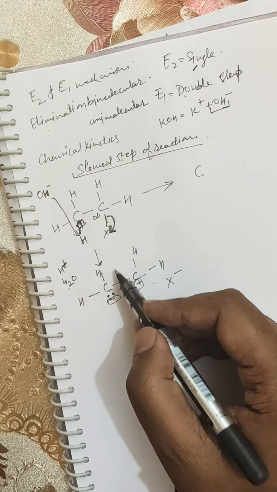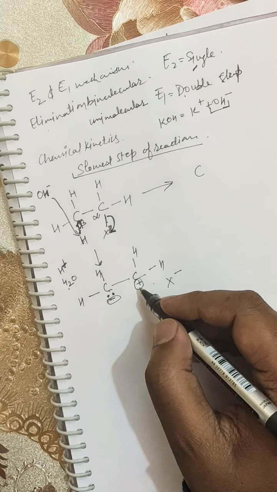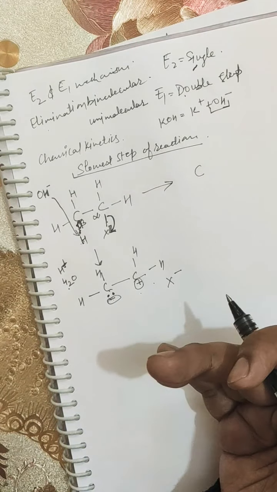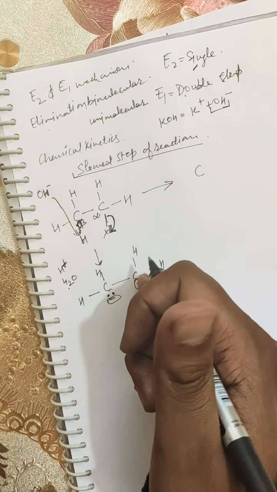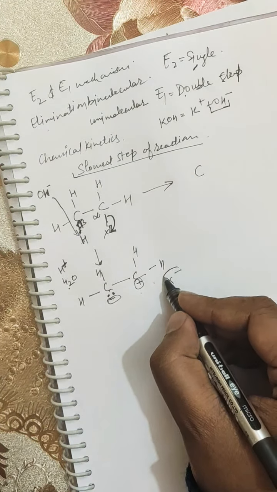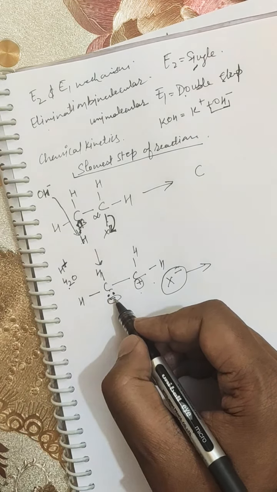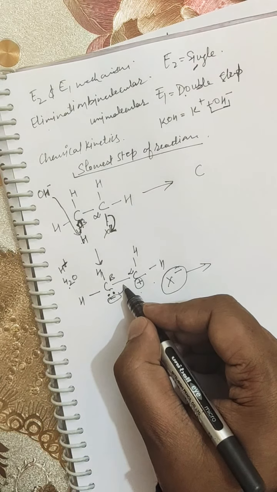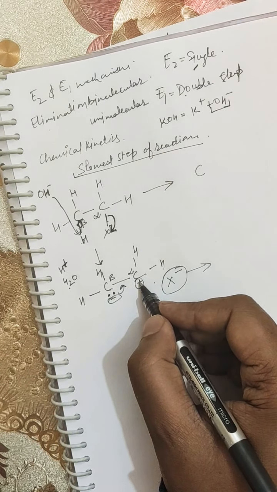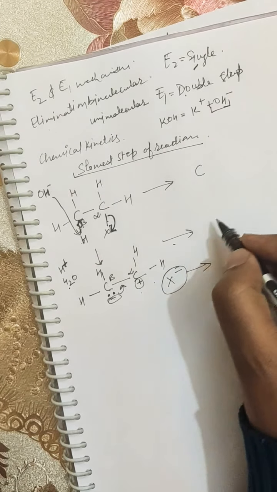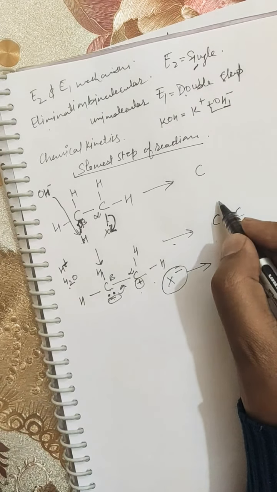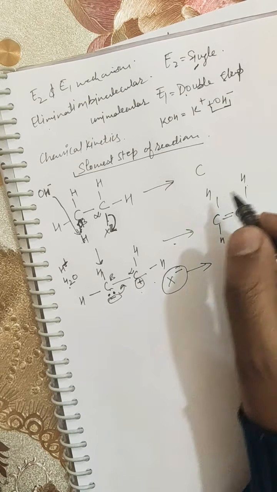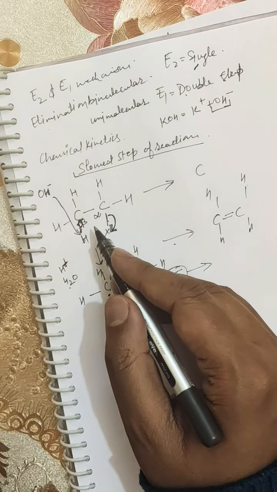So this is not given in a book, and this is not official, but I am telling you to make you understand how this happens in microscopic steps. So this halide ion goes away, and these electrons go between the alpha carbon and beta carbon, because this carbon is electron deficient, which results in the formation of a carbon-carbon double bond and the formation of this ethylene. And this is an E2 mechanism.